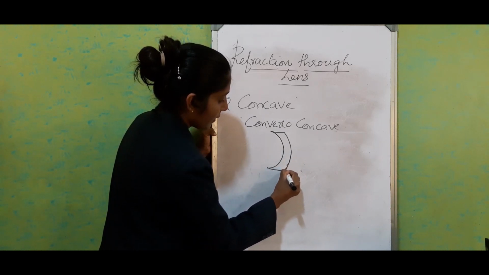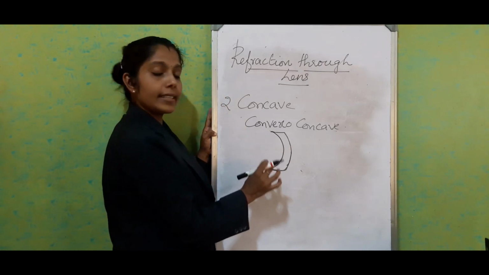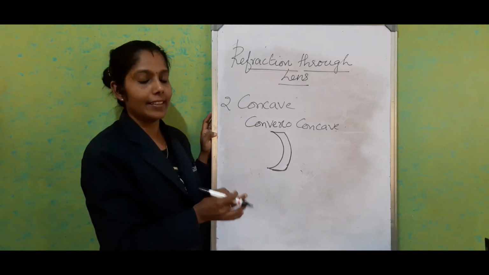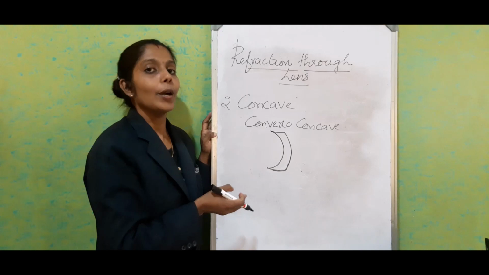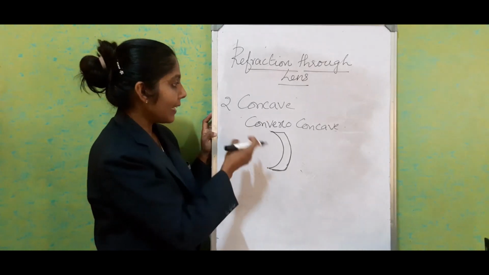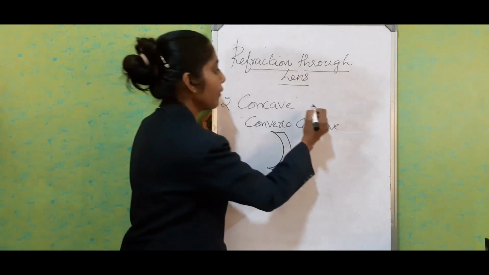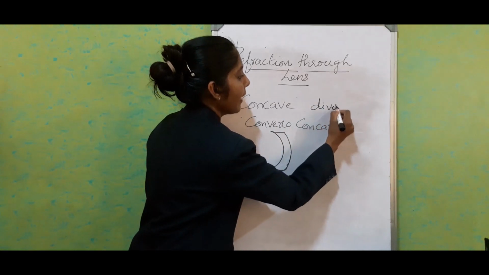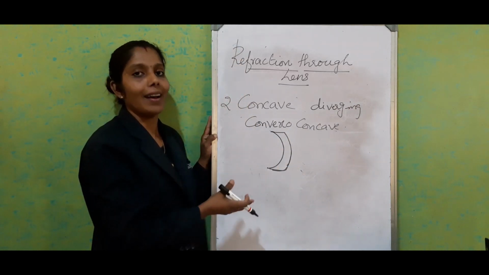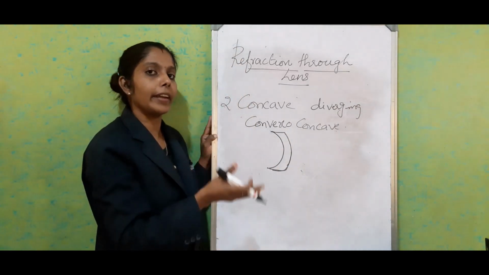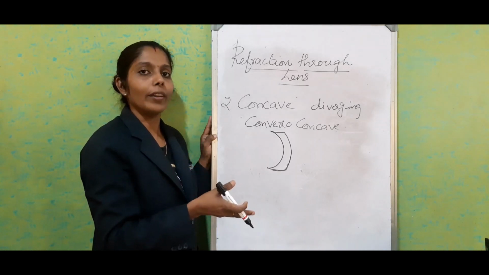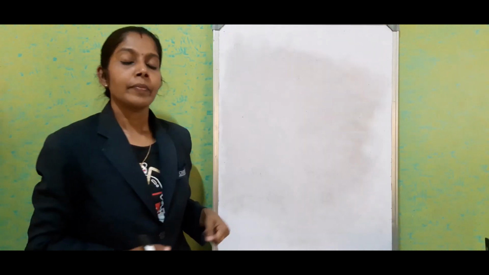So if you see the thickness, the inside thickness is less compared with the convex lens. These are the three categories of concave lenses. And this lens has another name called diverging lens. It diverges the rays which pass through it. These are the two categories of lenses and the subcategories in the case of concave and convex lens.